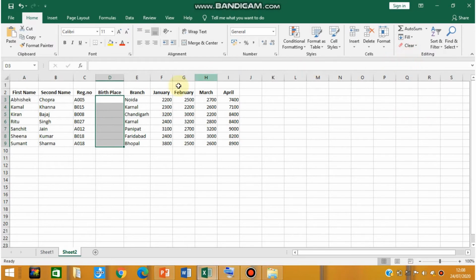Okay, after clicking on that clear option, from this drop down list select clear all. Click on clear all, and after clicking on that you will find that the entire range that you have selected has been deleted. Okay, so in this way you can delete a range of cells using the steps that we have just seen. Fine. So this was all about changing or deleting the text in the cell.